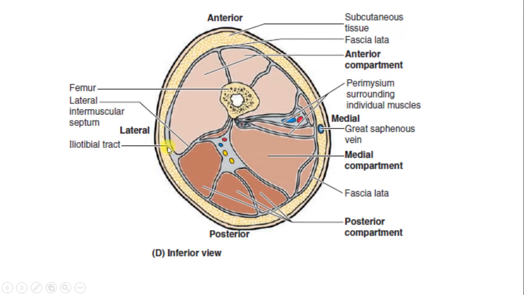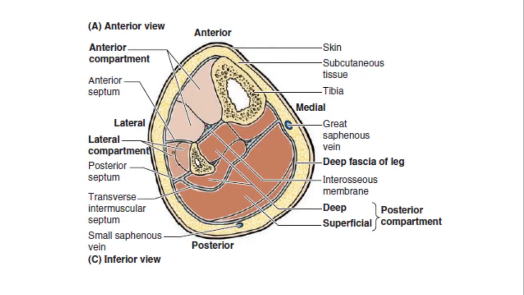So if we see here, this is a thickening of the deep fascia that forms the iliotibial tract. So we can understand the position of the muscles and the compartments through this, and the cross sections are very important to understand. Similarly, here is another view of the cross section of the leg, which is shown here,